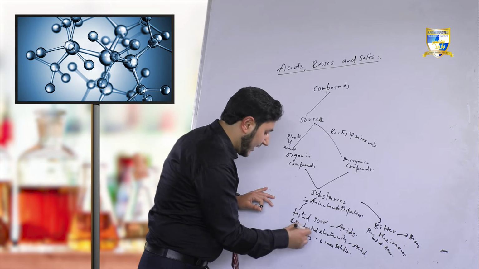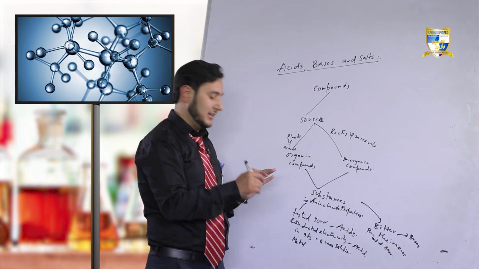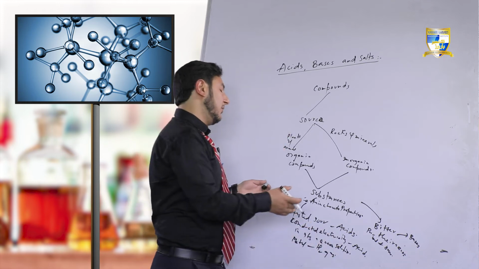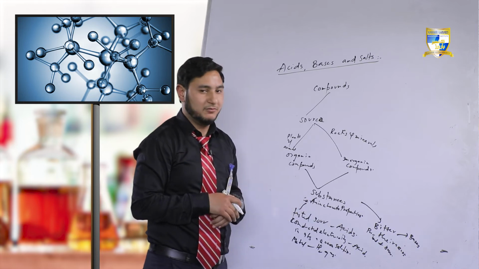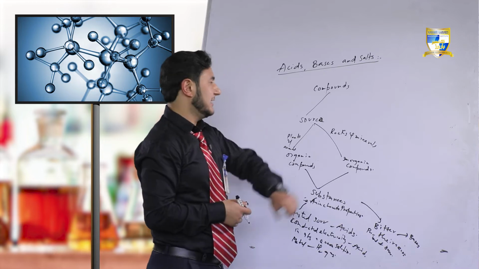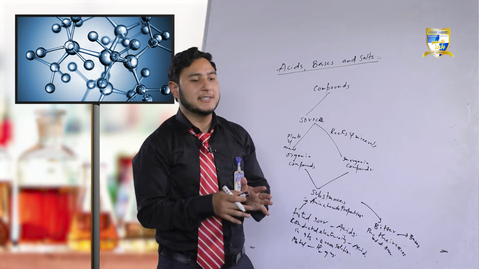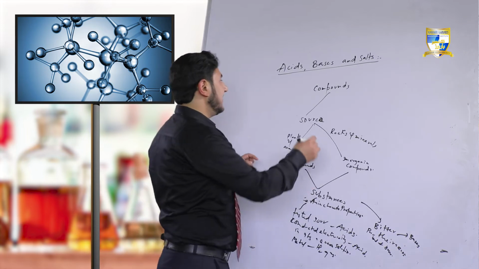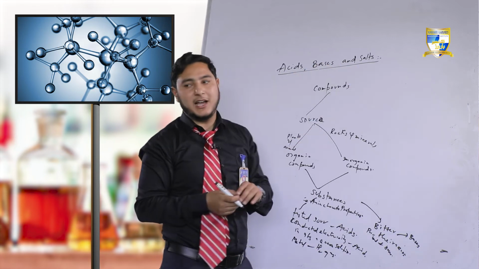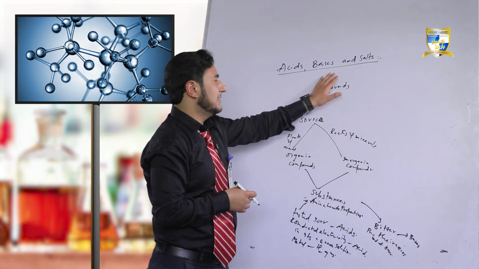Moreover, if a certain substance reacted with a metal and released hydrogen gas, it was also considered an acid. Fine. So, what we have to deal with in this chapter is three components: the acids, the bases and the salts. Looking at our class 10th syllabus, we will study in brief about acids, bases and salts, and the different theories and concepts regarding them.